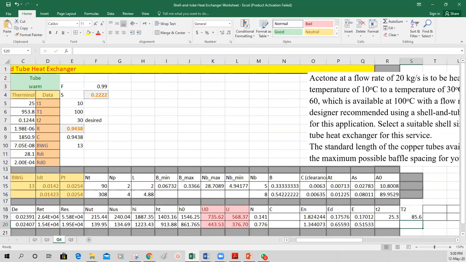And while we are repeating the iterations, we have several options. Either we can go for a larger shell diameter, or we can go for a larger length. If we choose the 2 meter length, we can go for 4 meter length also. But here in the question, he said that the standard length of the copper tubes available